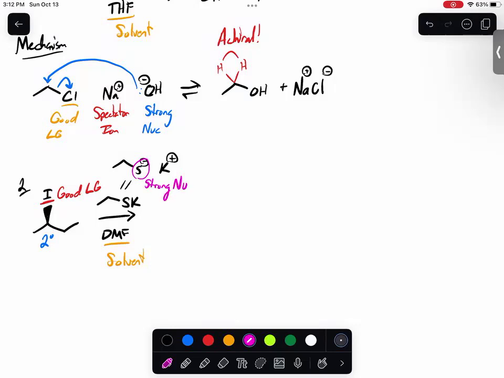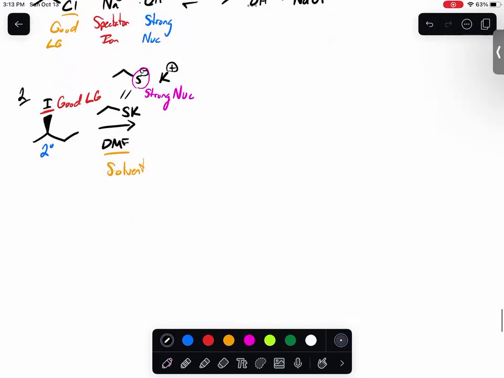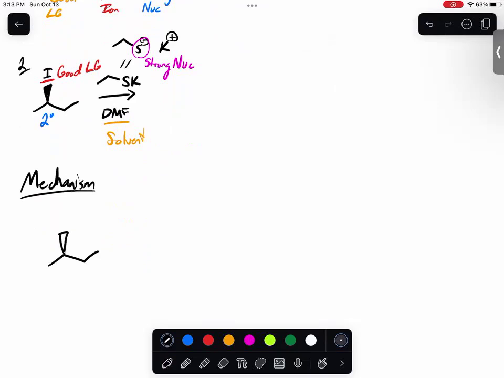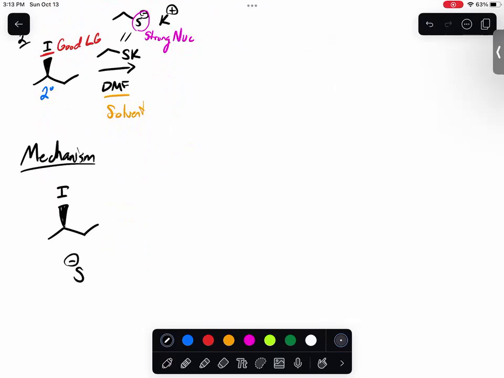So we have everything we need for this reaction to actually occur. Mechanistically, if we're looking at the mechanism, what's happening is we have our iodide there. Our S minus is going to come in and perform a backside attack to kick out the iodide. In doing so, notice that the iodine has stereochemistry. It's on a wedge. Since we're attacking from the backside, the complete 180 degree of that would put our sulfur